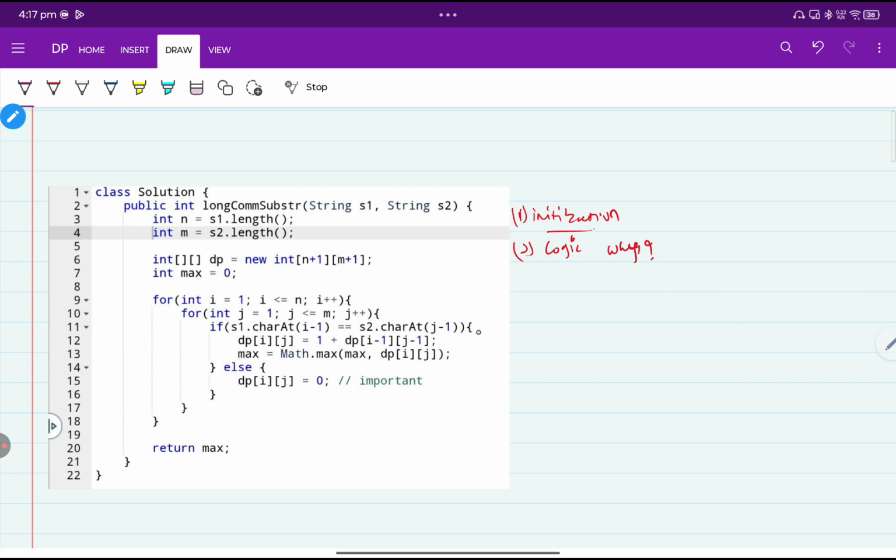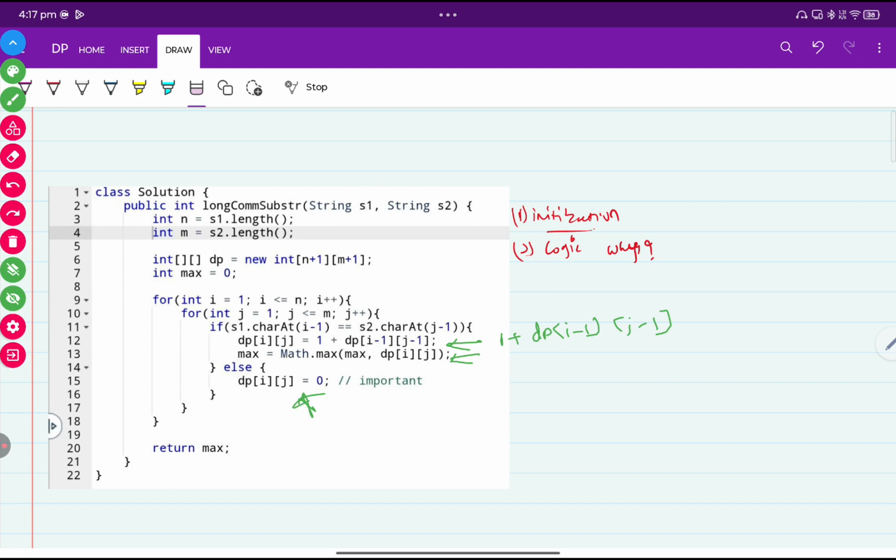The code variation is that if the characters match each other, we store 1 plus the value at i minus 1 and j minus 1, and after that we update the maximum value. If the characters do not match, it is initialized with 0. This is the only difference I made in this question. And for the printing part,